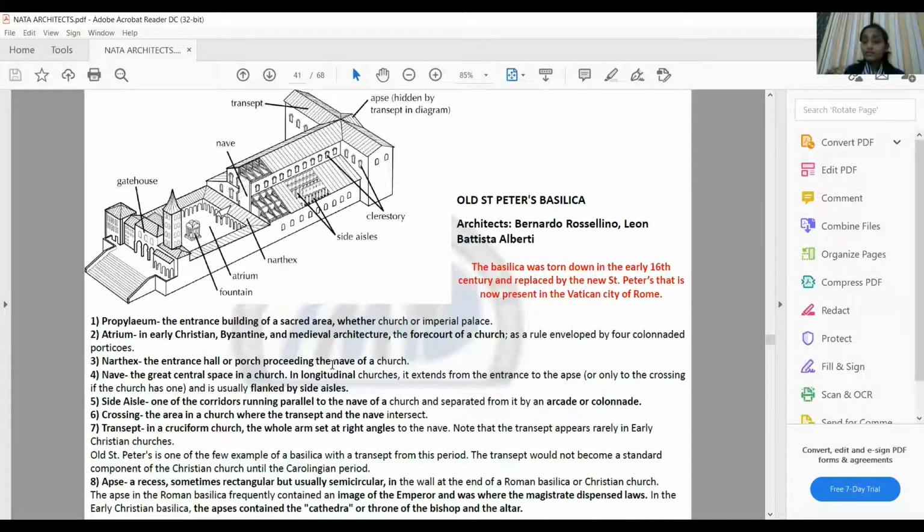So we need to remember, when we remember churches, we remember this long nave, and the end of it is aligned with the axis where the altar is placed. And we remember the cross-shaped plans, right? So it mainly has this entrance gatehouse, and then we enter into the atrium. So this is one of the examples, the old St. Peter's Basilica. Okay, this is no more. And we have this new one that you will be seeing in the further slides.